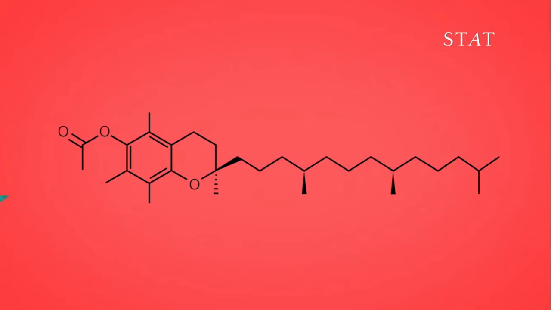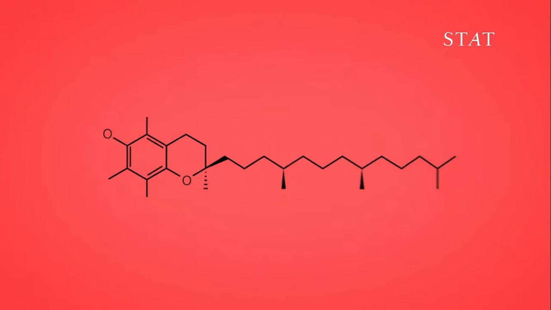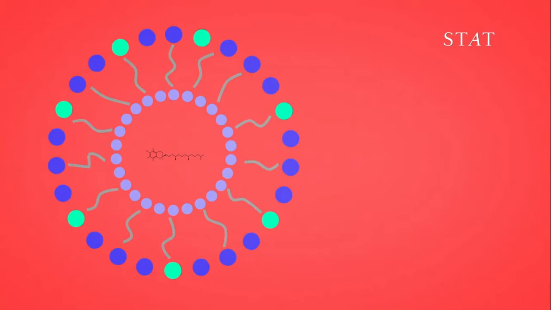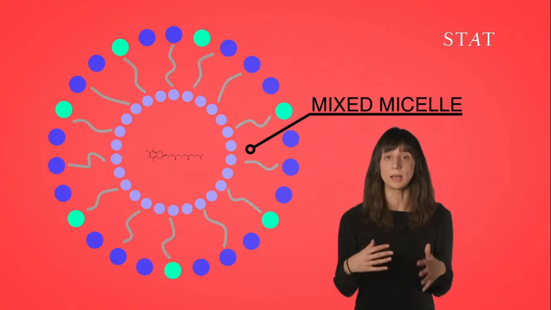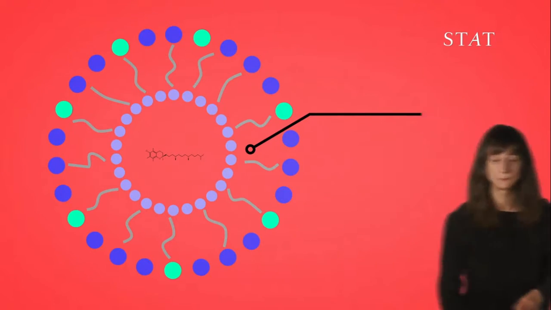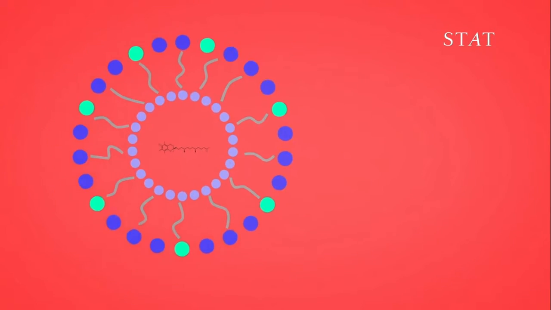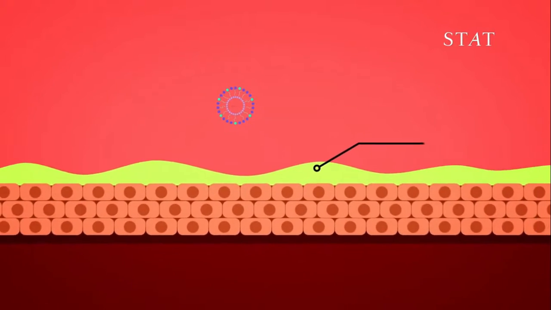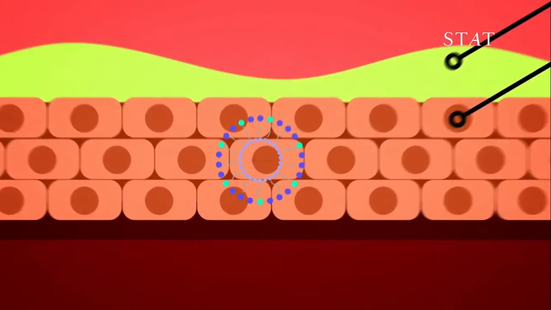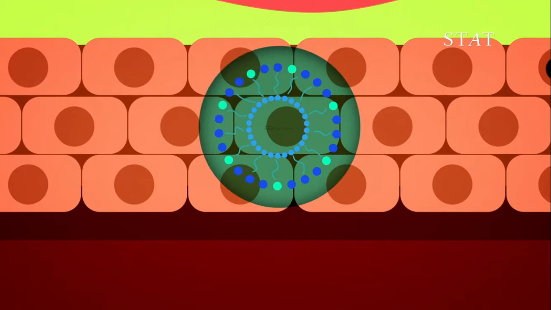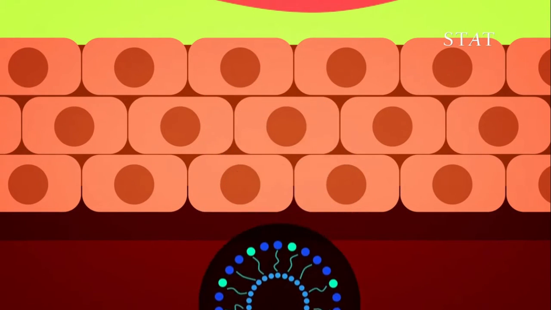When you ingest it, that acetate group gets cut off by enzymes in your gastrointestinal system. The vitamin then gets trapped in these tiny particles called mixed micelles. These are natural nanoparticles that are made by bile acids that get secreted by your body. Those particles take the vitamin, ferry it through the stomach's mucus layer and into epithelial cells. The vitamin then gets repackaged again inside the epithelial cells into a new kind of nanoparticle, and it gets sent out into your bloodstream. But what happens if you inhale vitamin E acetate because it's been added to a vaping